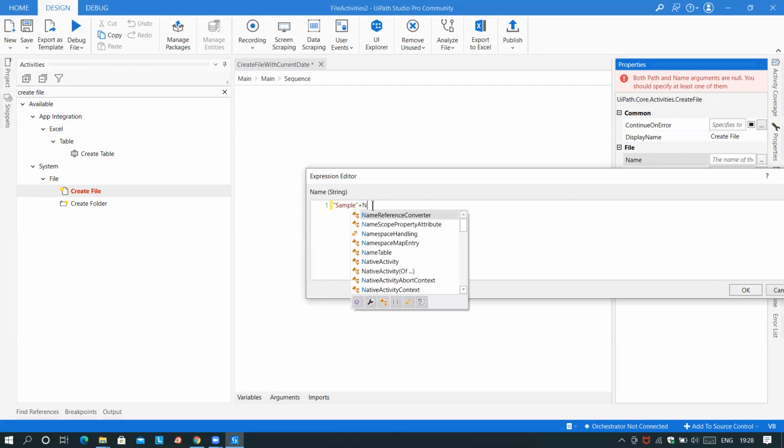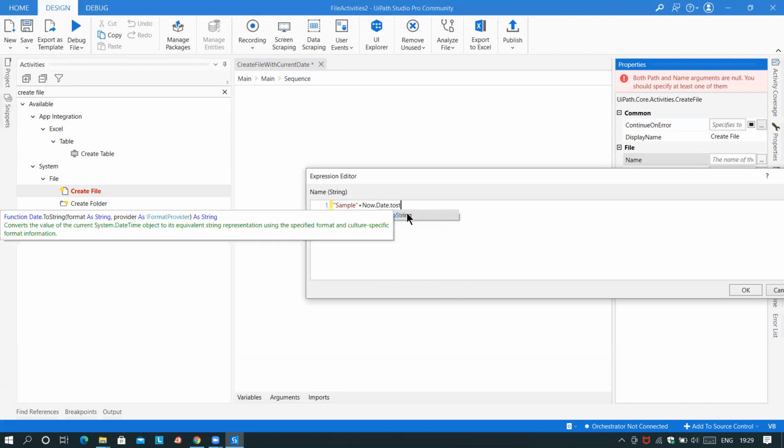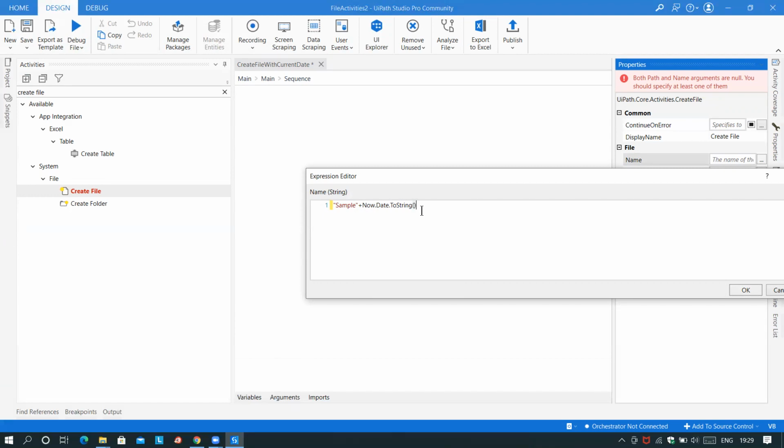So Now dot Date dot ToString of, and I want to add a specific format: dd hyphen month name in short form hyphen year, 4-digit year, plus